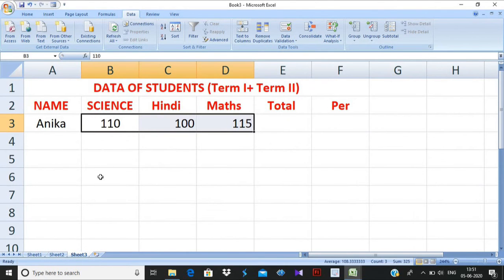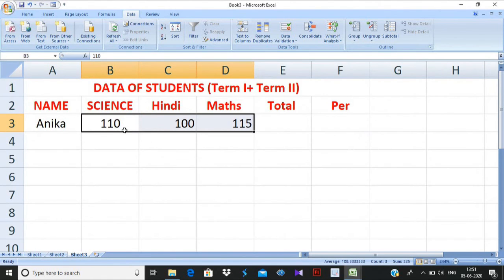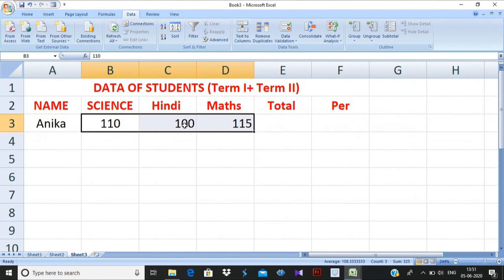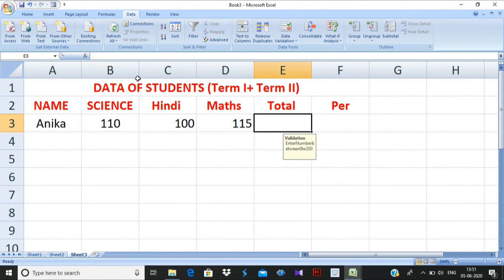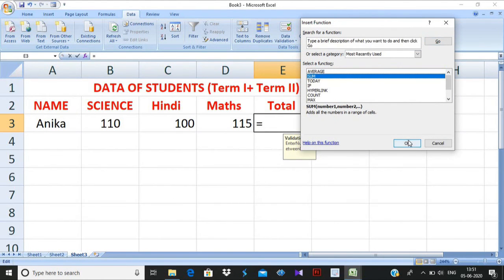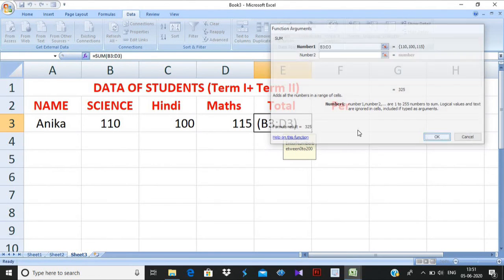When you click on it, see, it is showing the sum of the science numbers. Here is 50 and here is 60, so the addition of these two is 110. In the same way, here it is 60 and here it is 40, so the sum of these two is 110. After that you can calculate the total according to B3 to D3.